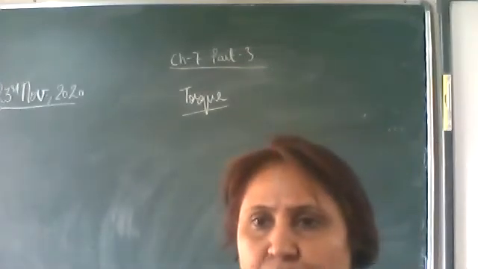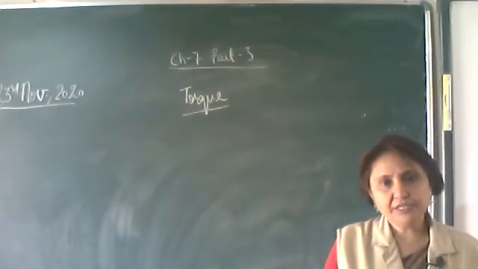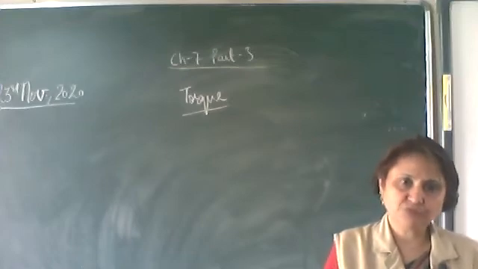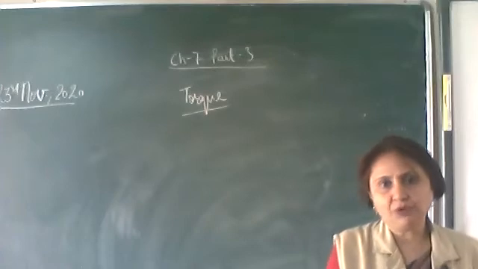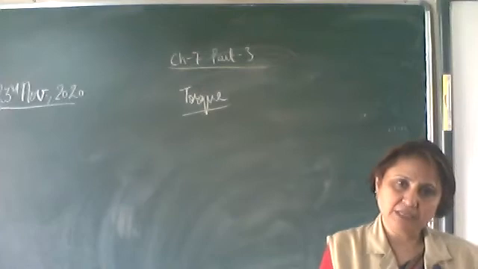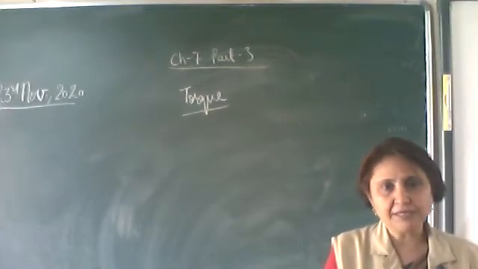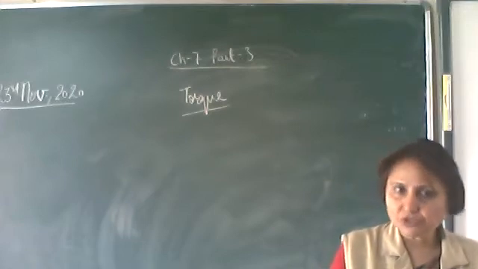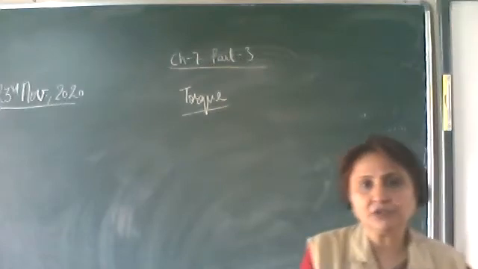Now, whenever force is applied and the body is unable to move in a straight line motion, we know that whenever force is applied, force produces some acceleration. The formula for the force is mass into acceleration. But if acceleration cannot be produced in the body and the force is applied, then the body turns about its axis. So this turning effect which is produced by the force, we call it the torque.